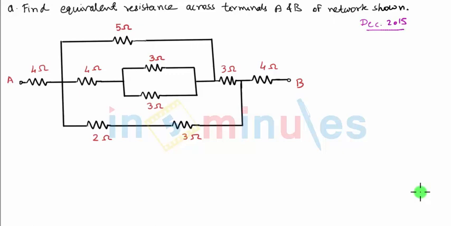In this video clip, we will discuss one question that was asked in the December 2015 university question paper. The question is: find equivalent resistance across terminals A and B of the network shown. You can see there are a lot of different resistors connected between terminals A and B. We have to combine them using series and parallel rules and find out the equivalent resistance between the 2 points A